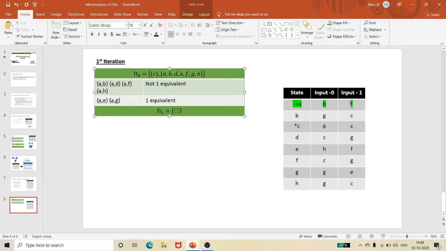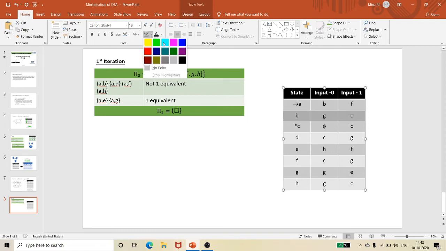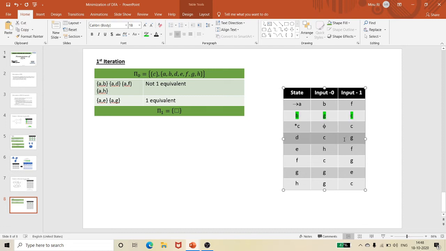Okay, so with respect to A, I have made a search. Now with respect to B, I need to make a search. I know it is quite tedious. With respect to B, I need to check with all. B with D: G C and C G are not going to be equivalent. So B comma D is not equivalent.